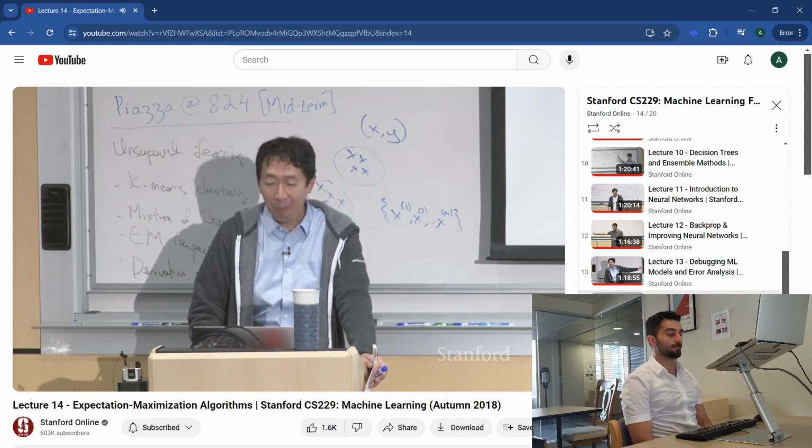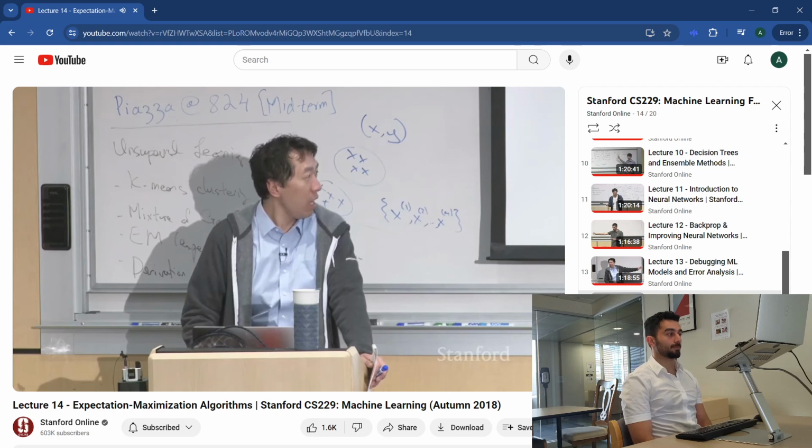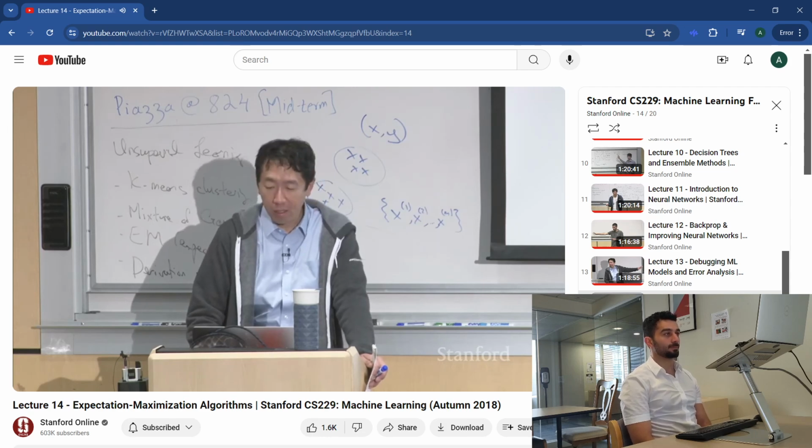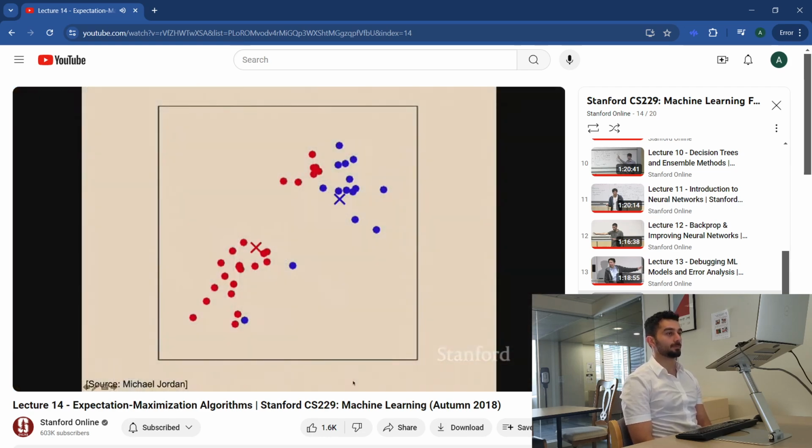All right, thank you. Then find the mean of all the red dots and move your red cluster centroid there. So let me do that. The cluster centroids move as follows, to the mean of the red and the blue dots. This is just a standard arithmetic average. And then you repeat again, where you look at each of the dots and color it either red or blue, depending on which cluster centroid is closer. So I'm going to recolor every point based on what's closer. So that's the new set of colors.